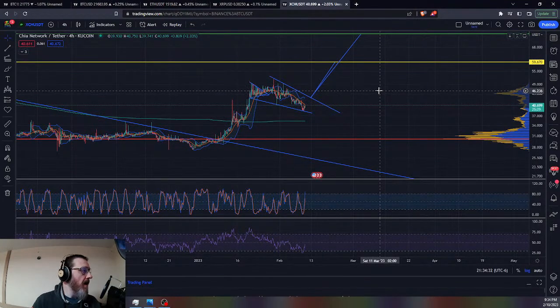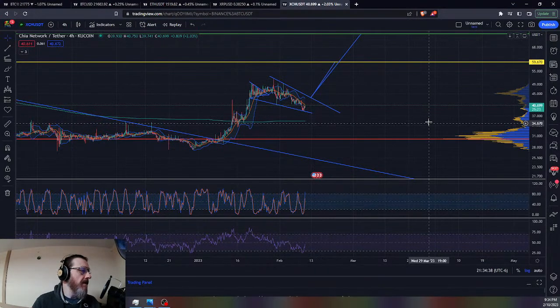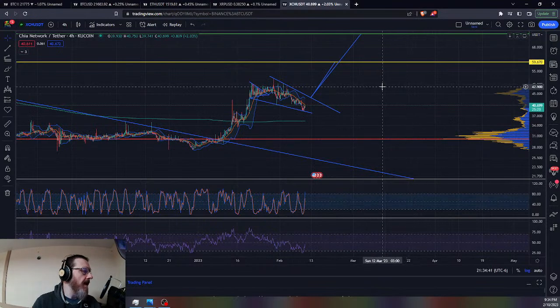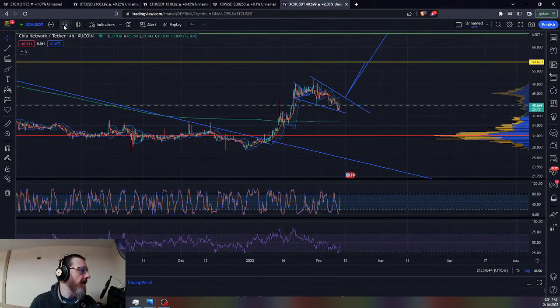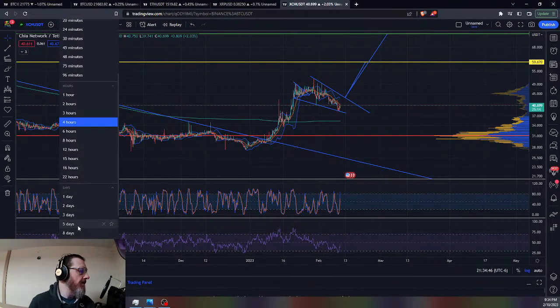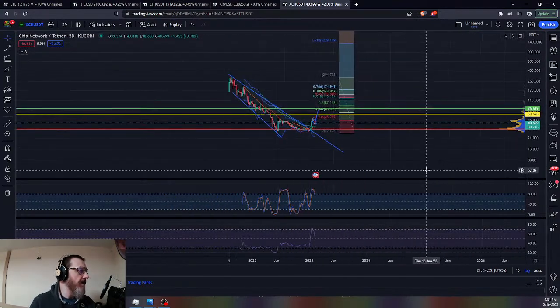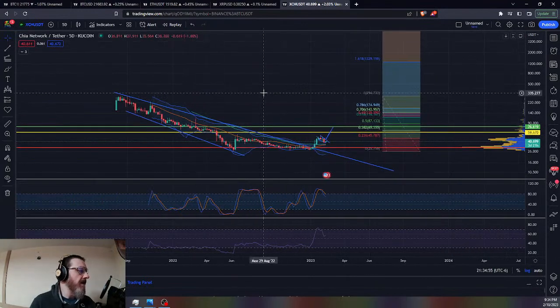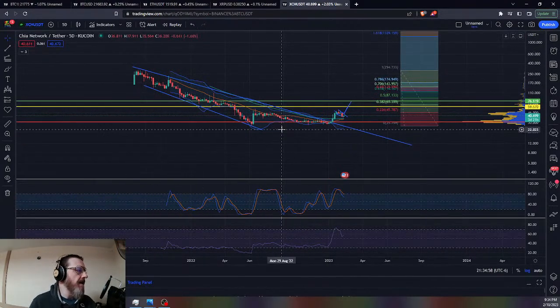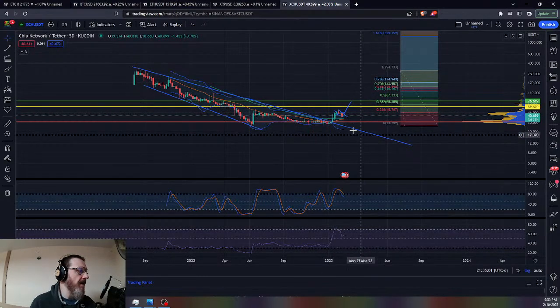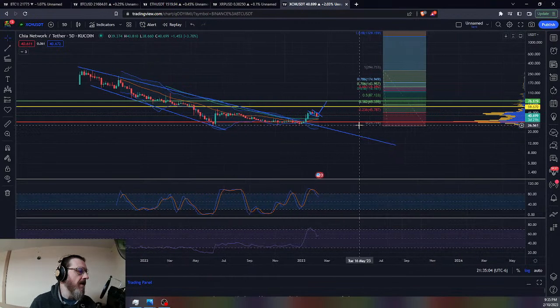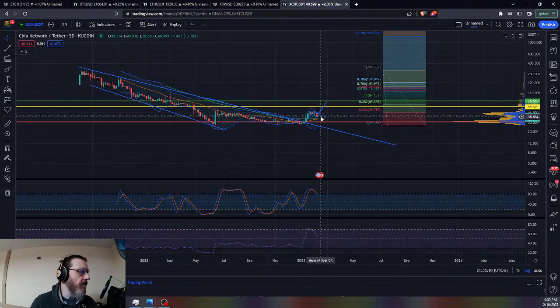If Bitcoin doesn't want to cooperate and the market takes more of a tumble, we have to look at these other levels, $35 and $30 for Chia. I do think that this coin has potential to make it into price discovery mode. So, when we zoom out here, this is like a 5-day time frame. We saw this consolidation in sort of a falling broadening wedge, which we have had a breakout of. Now we're in another falling wedge, trying to create more momentum to the upside and potentially actually get up to some of these levels